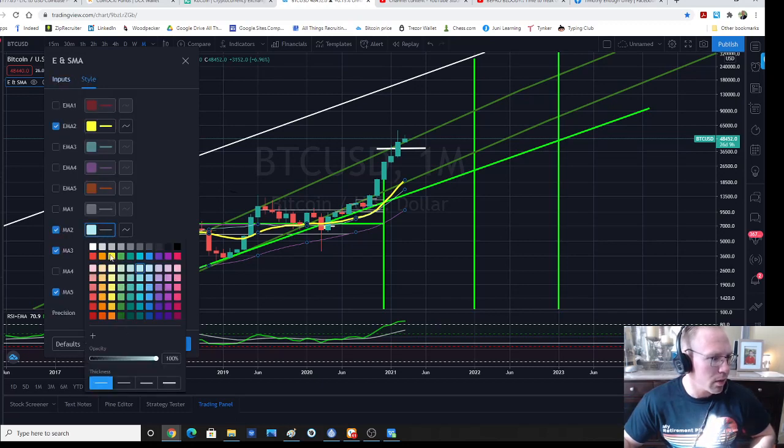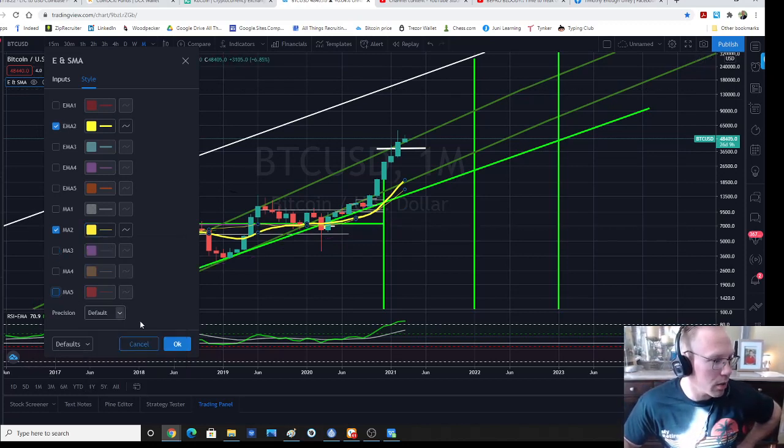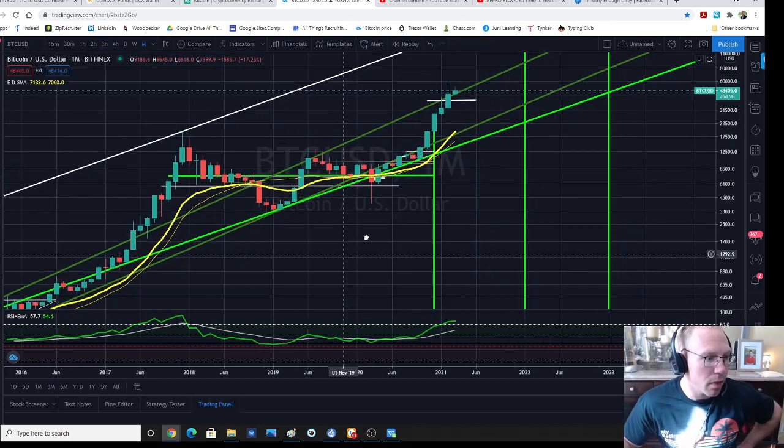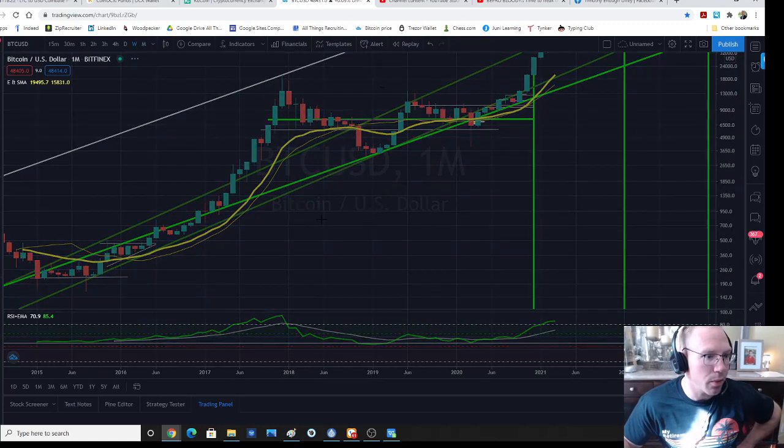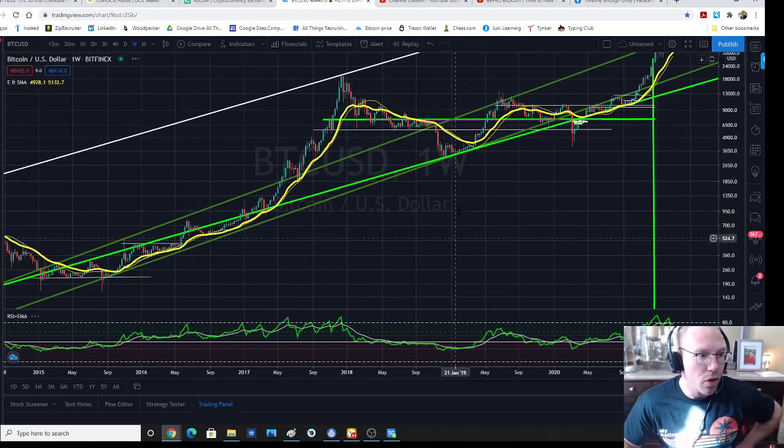MA2 should be yellow. Why didn't I have that yellow? Yeah, I like it to be yellow but thinner. So for my 20 MA versus my 21 EMA, I like to have it thinner but the same color, and you can remove them all. Now, check this out. It's better on the weekly and the daily. So when these cross,